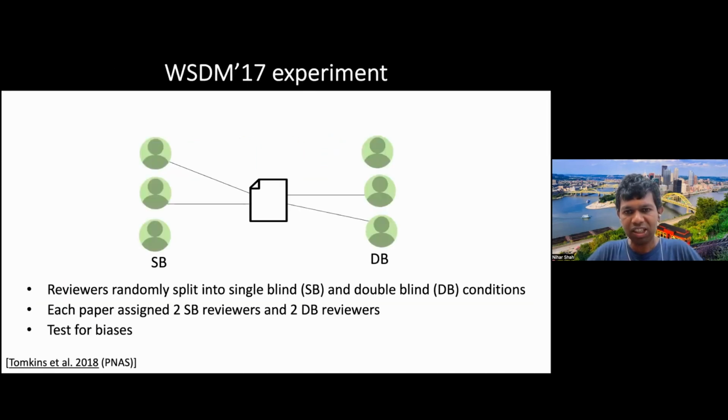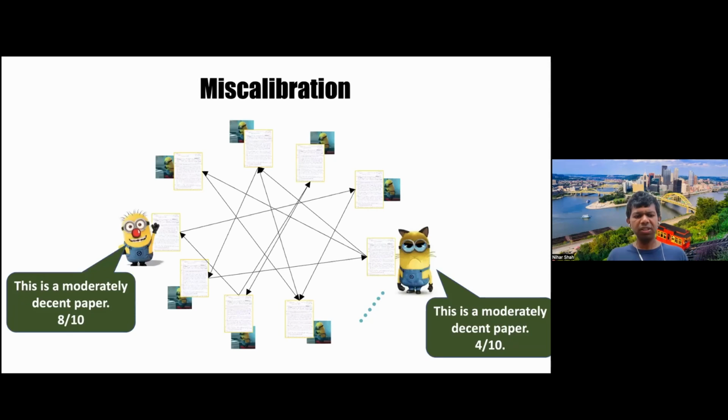And the final topic is about miscalibration, and this was alluded to earlier. So there are multiple reviewers, and all of them might think that, hey, this is a moderately decent paper. However, there's one happy, jolly reviewer who says, oh, decent paper, yeah, fine, good, let's accept this, great job, authors, come on. And then there's another one who's a grumpy cat who will be like, hey, this is only a decent paper. No, I have a very high bar. Sorry, this is a reject. You can't accept these kinds of papers. Right. So this is a problem of miscalibration.